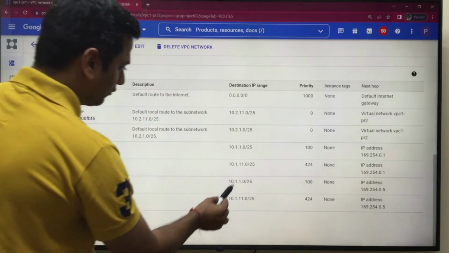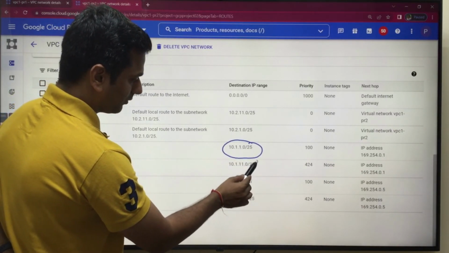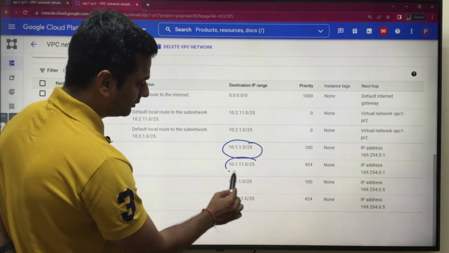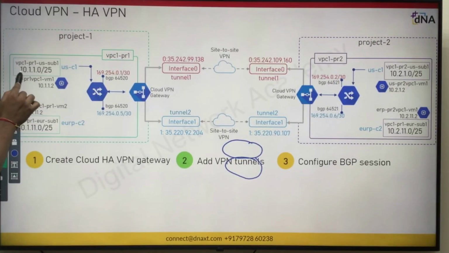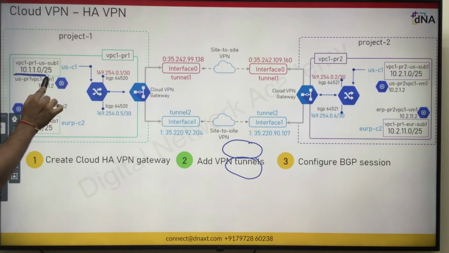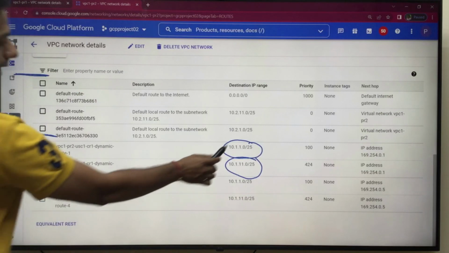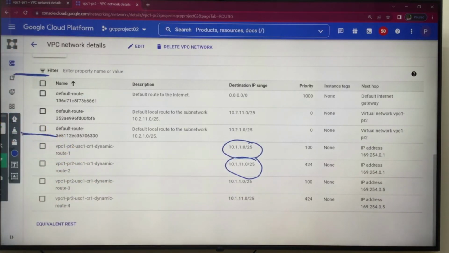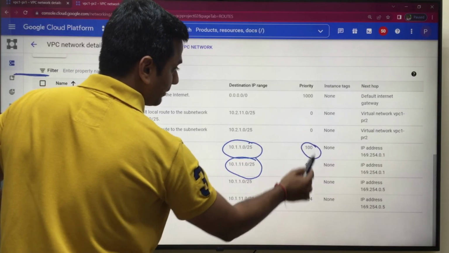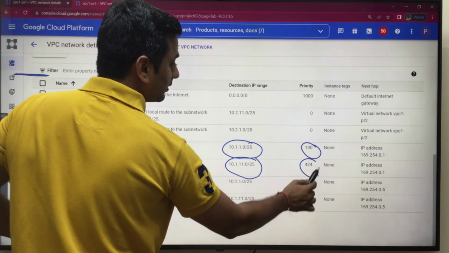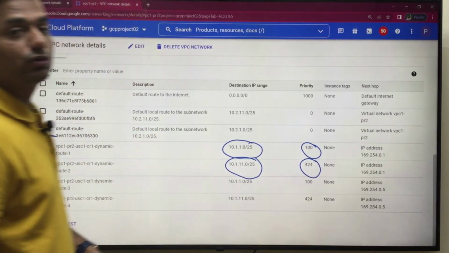Now you got a route 10.1.1.0, your US Central route, and you got another route, 10.1.11.0, which is your Europe route. See, 10.1.1.0/25 and 10.1.11.0/25 is Europe. Now the US priority is 100, but for regions other than US, the priority is always 424.